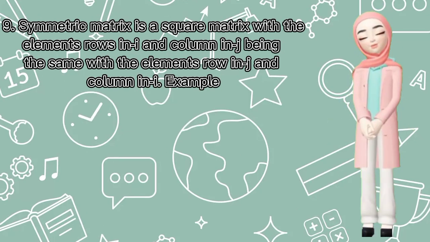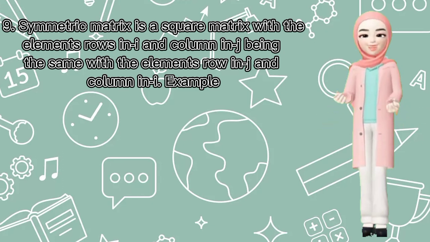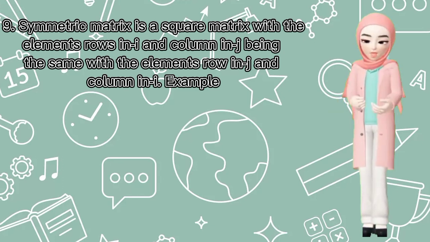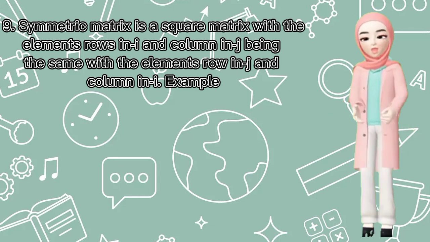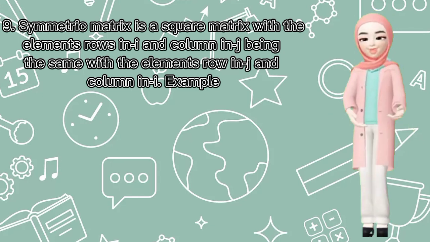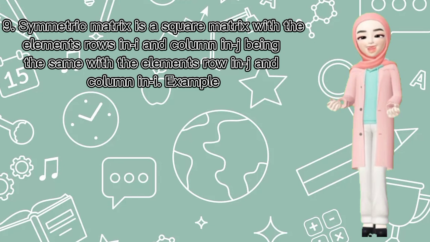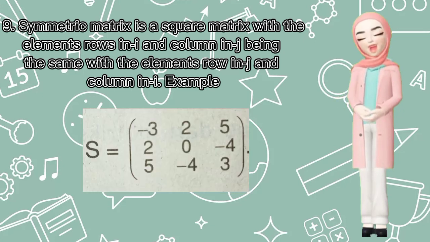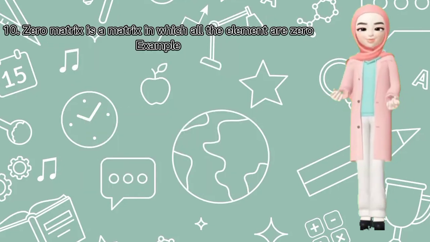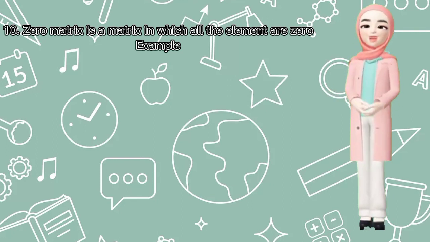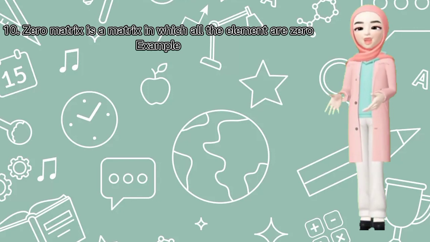Symmetric matrix is a square matrix with the element in row i and column j being the same as the element in row j and column i. Example. 10. Zero matrix is a matrix in which all the elements are zero. Example: